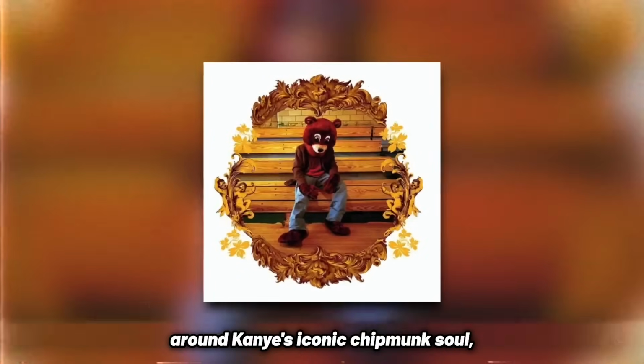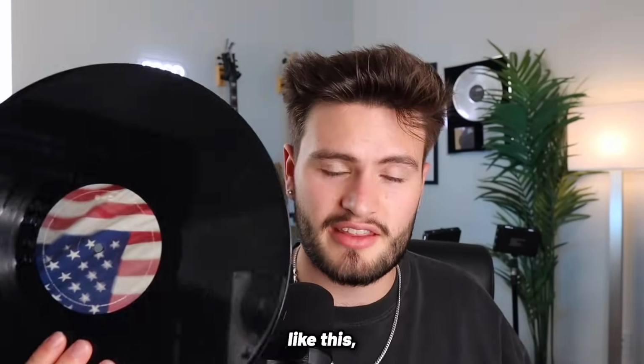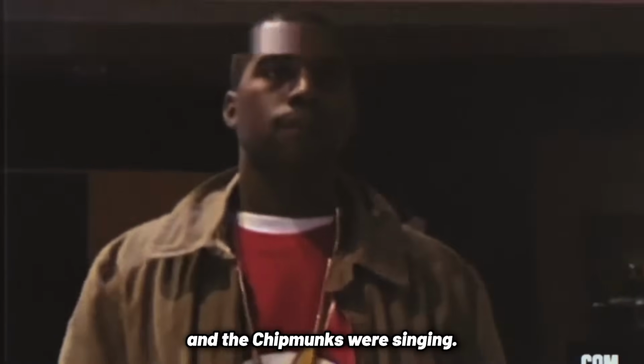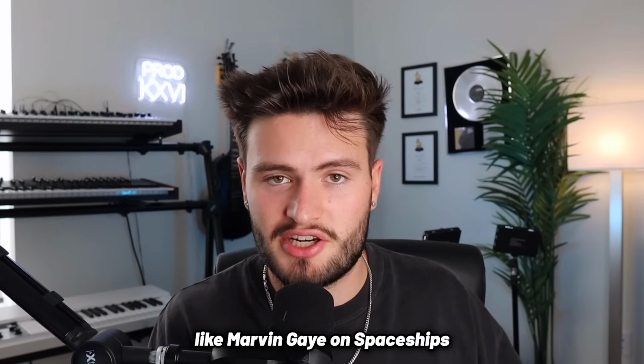College Dropout was centered around Kanye's iconic chipmunk soul sound, where he would take old records like this, chop them up, and pitch them up so that the vocals sounded almost like Alvin and the Chipmunks were singing it. And he sampled some legendary soul singers like Marvin Gaye on Spaceships,